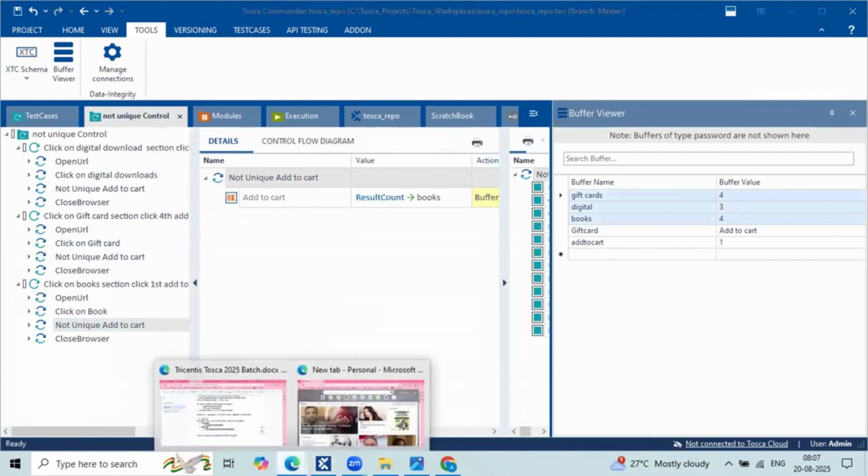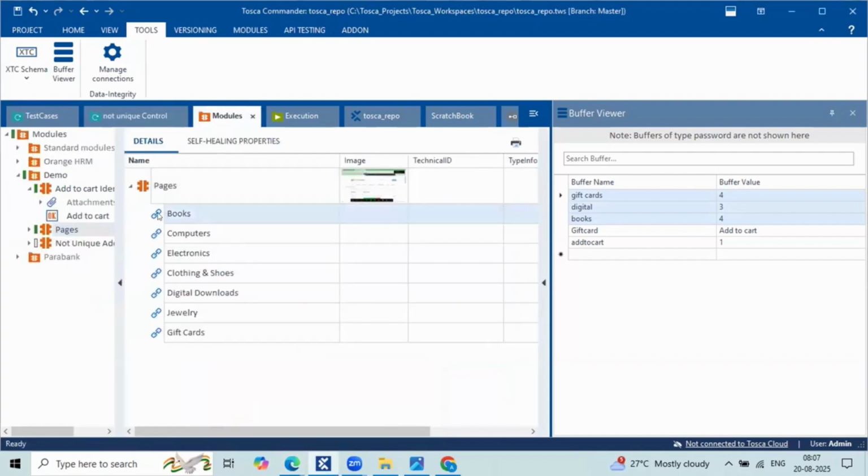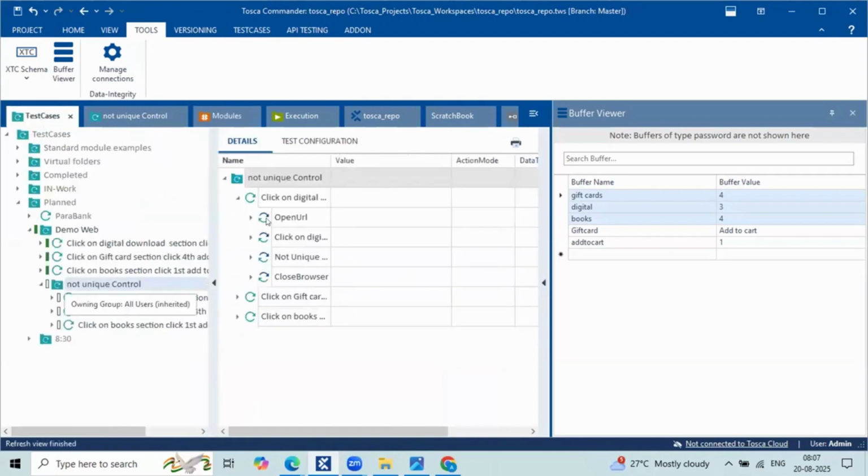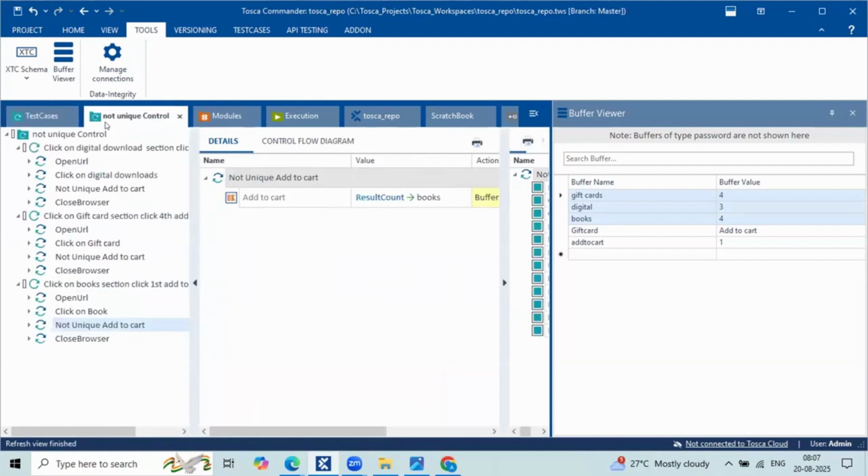Anusha, if we make it unique, then we are not able to count. Just think practically. If you make this one unique, since it is the unique one which we can find within the web page, even if you take a count of the unique one, it is expected to be one only because it is a unique control. We can take a count, but it always gives one only because this is a unique one.